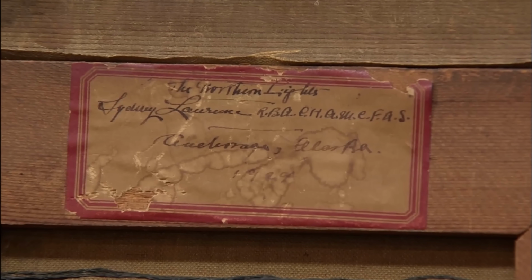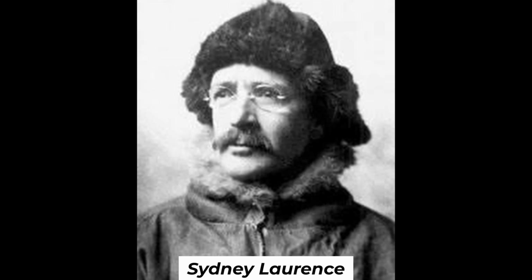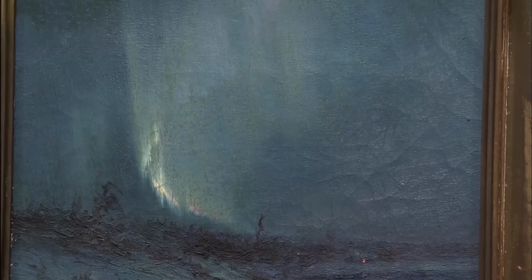The appraiser confirmed it was the real deal, a genuine Sidney Lawrence piece, complete with the original 1929 label on the back. He shared a bit of Lawrence's backstory. Well, he was born in Brooklyn in 1865, went to a military academy, trained in the National Academy of Design, and married in 1889, I believe it was. And they went right off to England, to St. Ives in Cornwall,